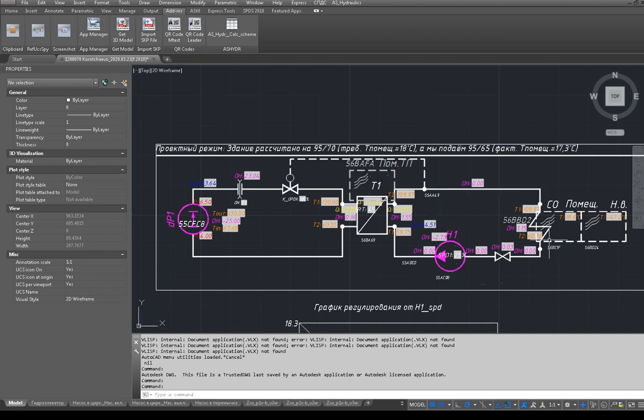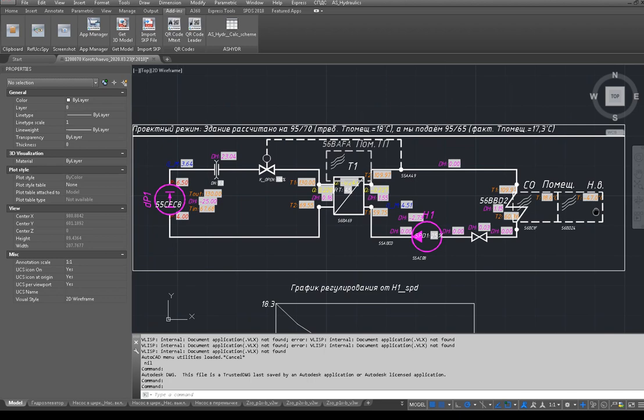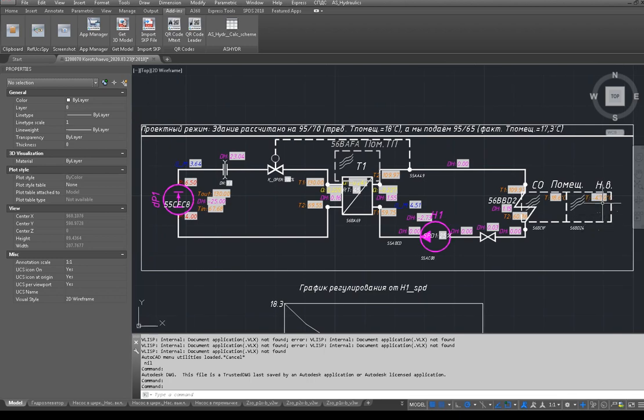Also in this scheme we have a room, some room in which somebody or something is located. In this scheme, we just calculate the temperature in this room. And also we have the environment, outdoor temperature. Let's call it this way. Outdoor temperature, well, for example, minus 47 degrees. Let's calculate this scheme,